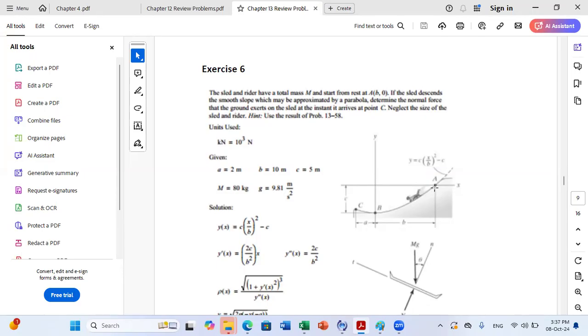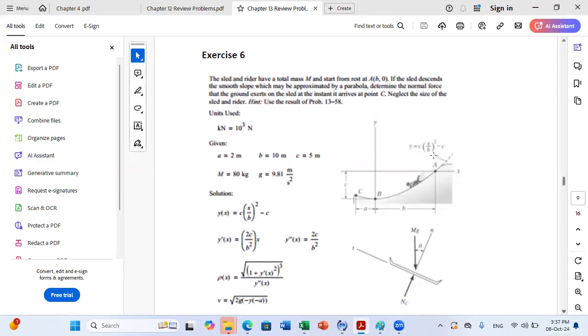So you know the initial and final velocity. And for example, they told you, knowing that velocity at b is equal to, let's say, 9 meters per second, find the normal at b, for example. Okay, here it's more challenging because you don't know the velocity at the point of interest. And if they ask you to get the normal reaction at c,